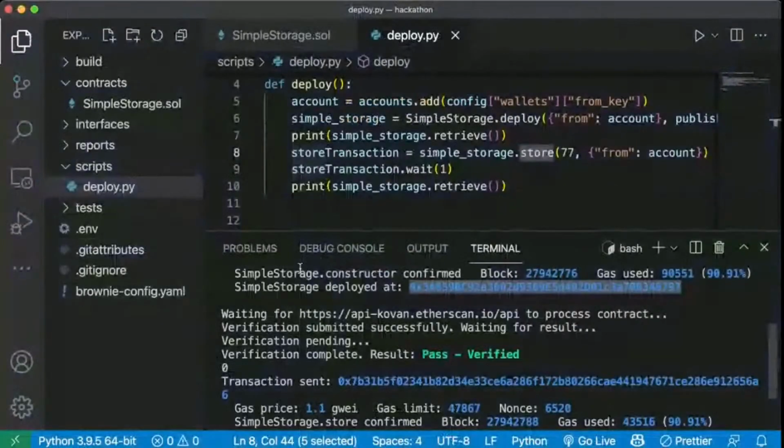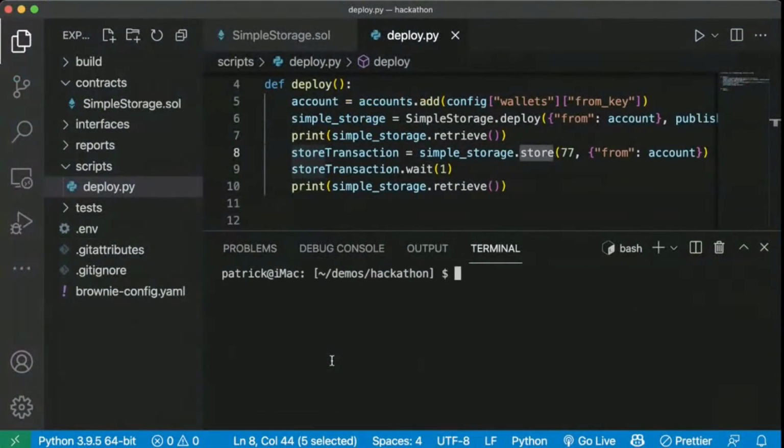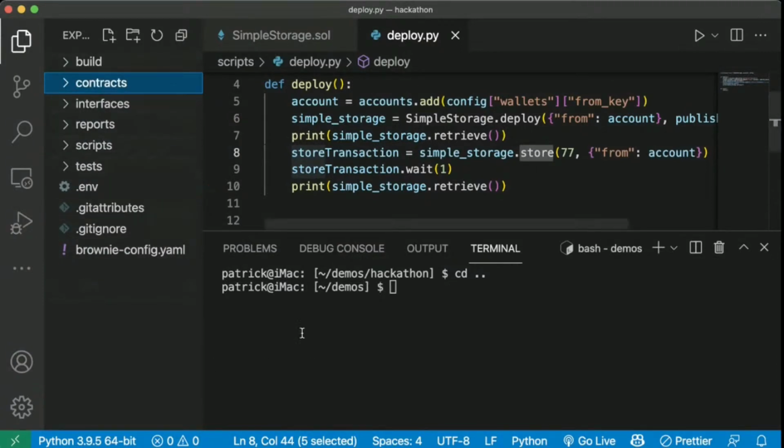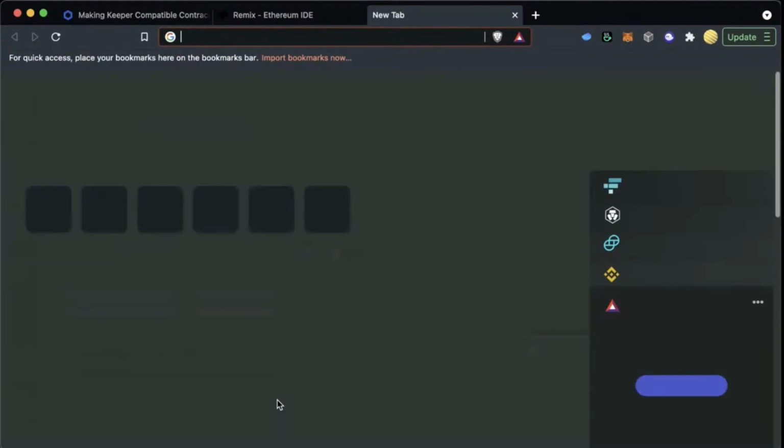I want to be able to show you all this other really cool thing. So this is kind of the real basic setup of Brownie. Now, Brownie has a ton more tools, like I said, including testing and being able to work with other stuff. Let's do one other thing called Brownie bake.